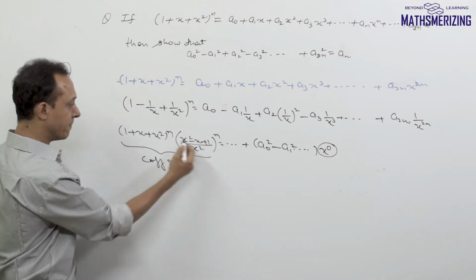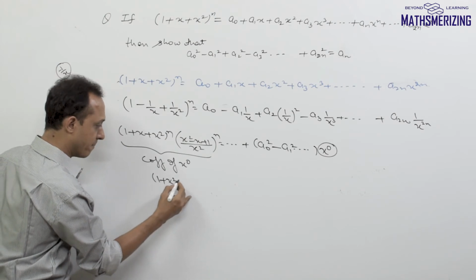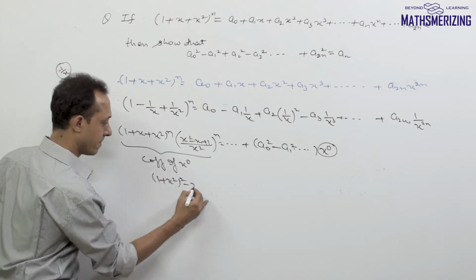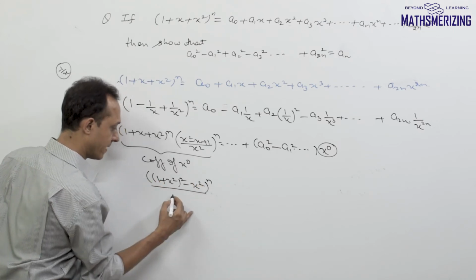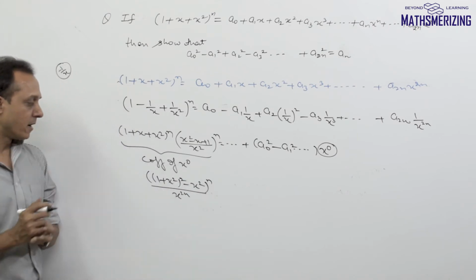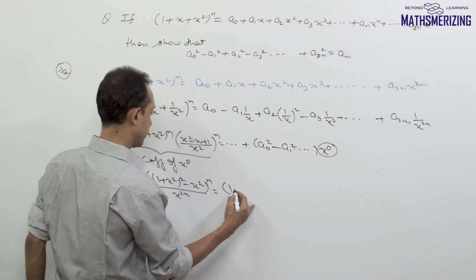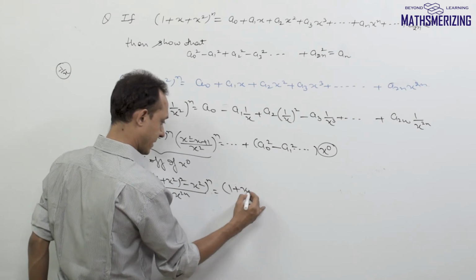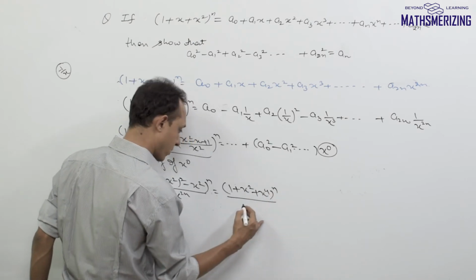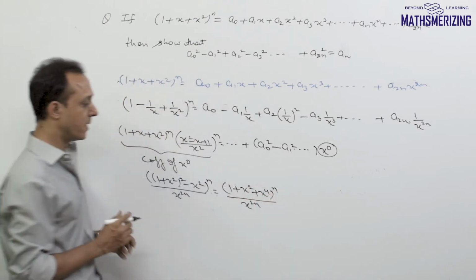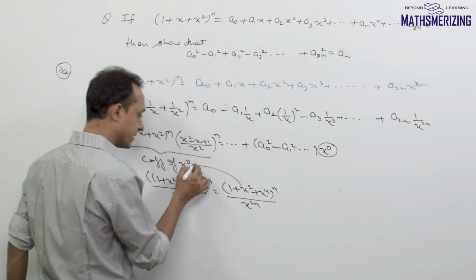So what I'll do is multiply them. It is (a + b)(a − b). So I'll write ((1 + x²)² − x²)^n divided by x^(2n). If I further simplify, I'll write (1 + x² + x⁴)^n upon x^(2n). So from this expression, I need to find the coefficient of x to the power 0.